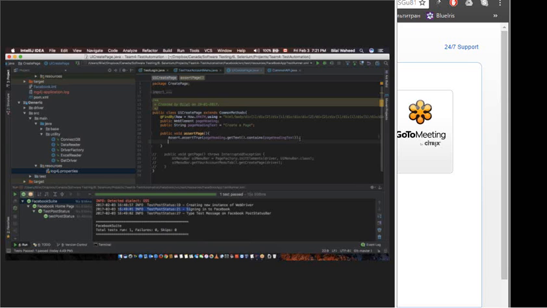So, what we can do instead of us writing it over here, we can say it over here. So, get logger, and this is going to be the class UI create page dot class, dot info. This is the type of info. This is like an info message that we will be sending, and the message is